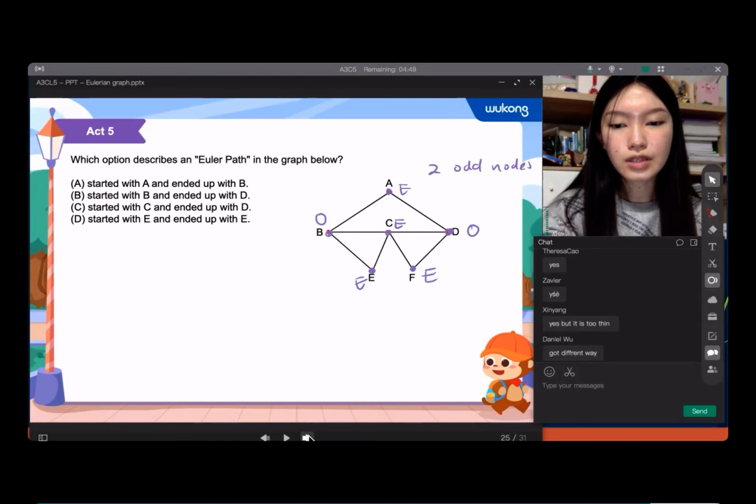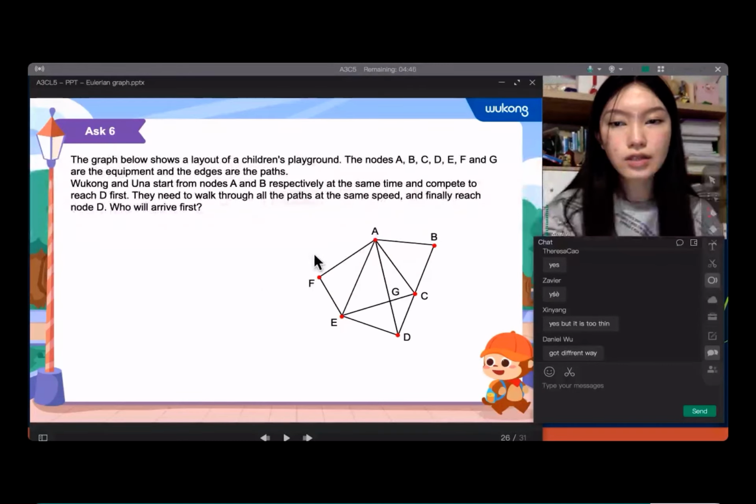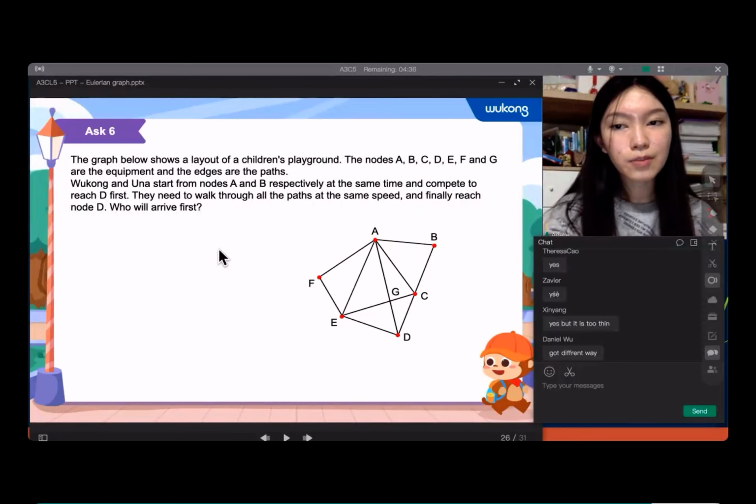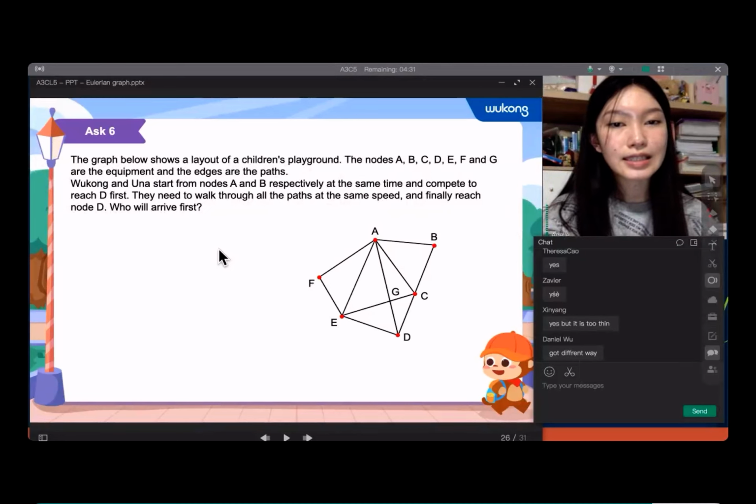Now, let's move on to the next question. So this is another ask question. This is a little bit different. It's an application type of question. So I'm going to explain it. I want you guys to listen carefully because the graph below shows a layout of a children's playground. The nodes A, B, C, D, E, F and G are the equipments and the edges